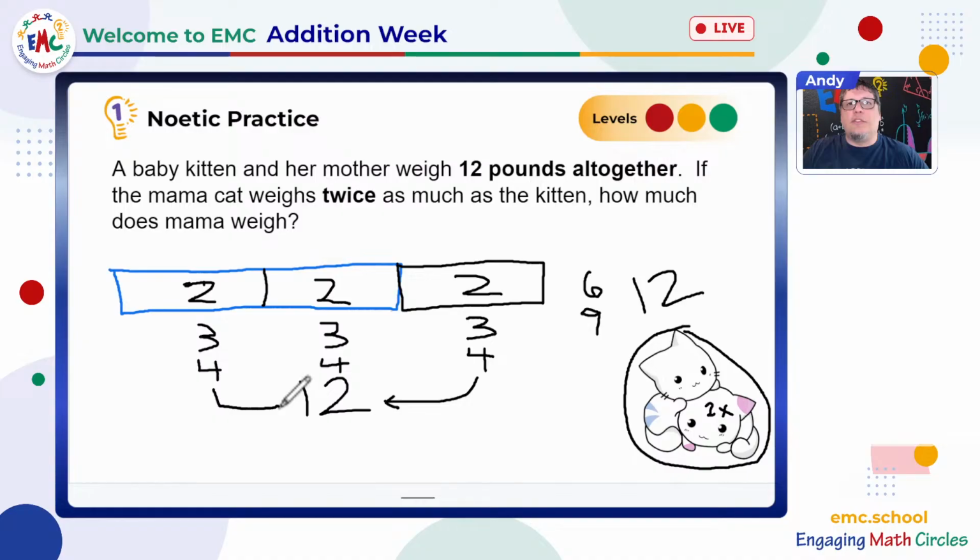So how much does Mama weigh? I found a way to make it. If the kitten is 4 and Mama weighs double that,